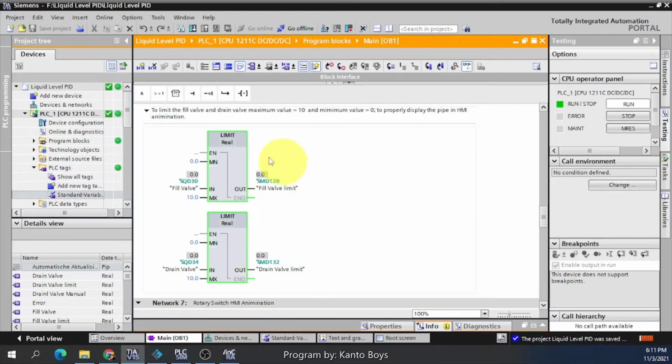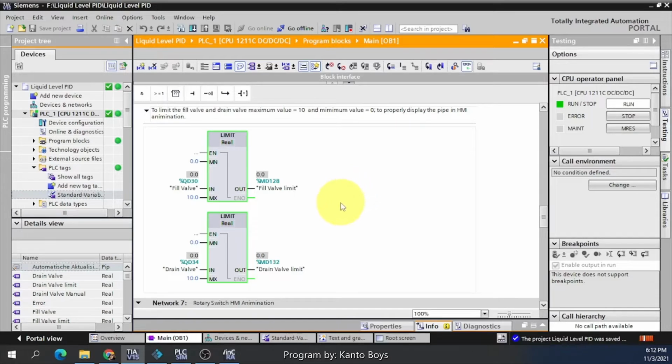Next is the limit of the fill valve and drain valve. This is for animation and HMI. We need to limit the value of the fill valve from a minimum of 0 to a maximum of 10. We have a drain valve limit, the same, 0 to 10, because the opening of the drain valve and fill valve is between 0 and 10 volts.